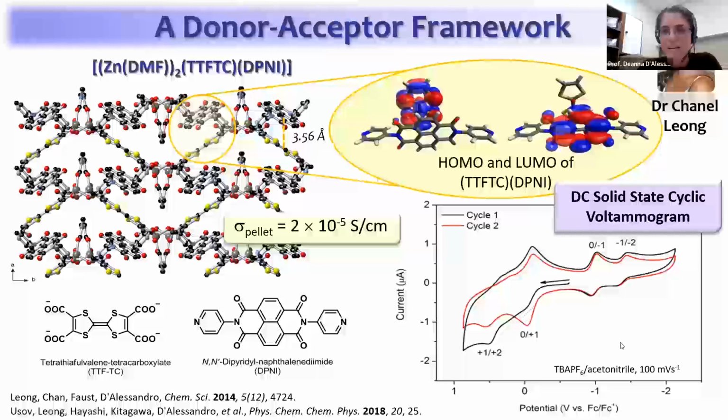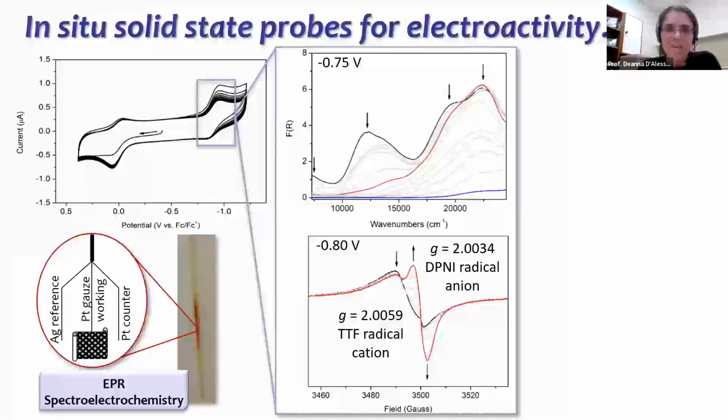In the solid-state cyclic voltammogram, it exhibits 5 distinct electroactive or redox states, if you like, 2 due to the tetrathiophorbulene and 2 due to the naphthalene diamide. So we can reversibly access all of these states, and using our solid-state spectroelectrochemical methods, we basically start with the